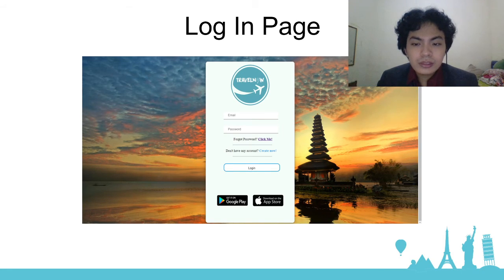We have on this page a TravelNow logo, and then two inputs for email and password. Then we have a forgot password feature, if the user forgets a password, and a click me link to go directly to the forgot password page. Then we have "Don't have an account?" as a sign up page, and "Create now" as a link to direct to the sign up page, and then the login button